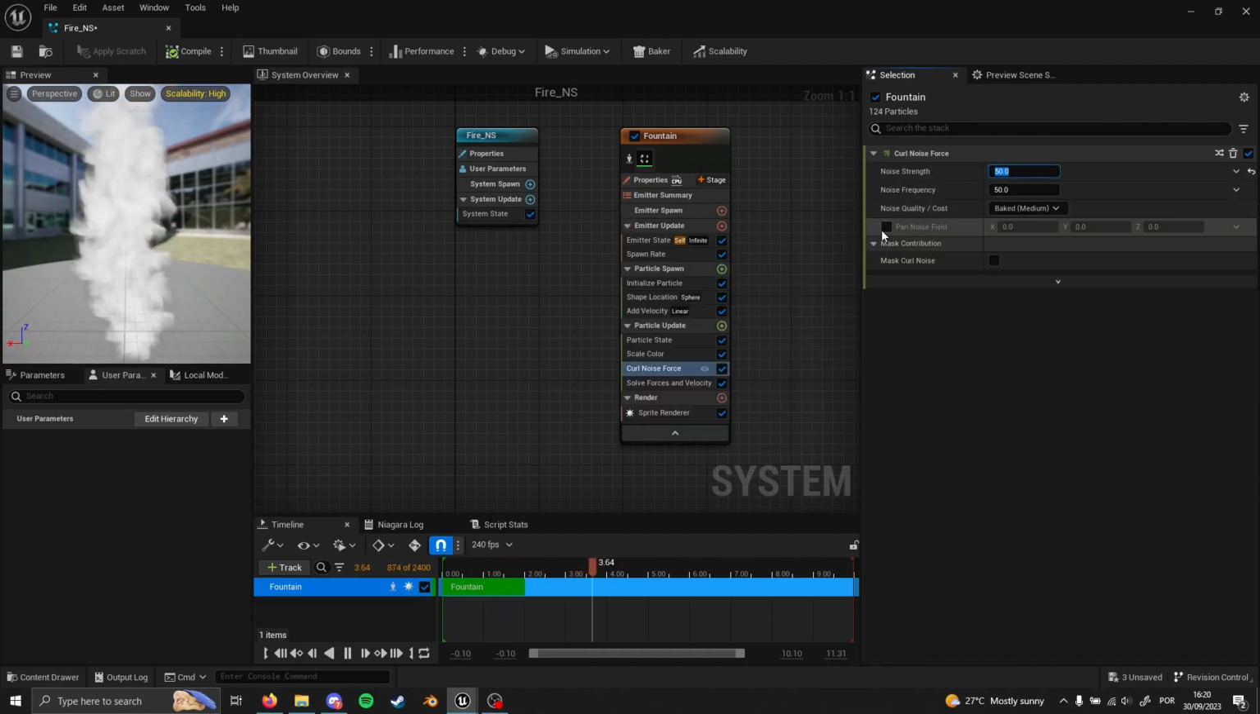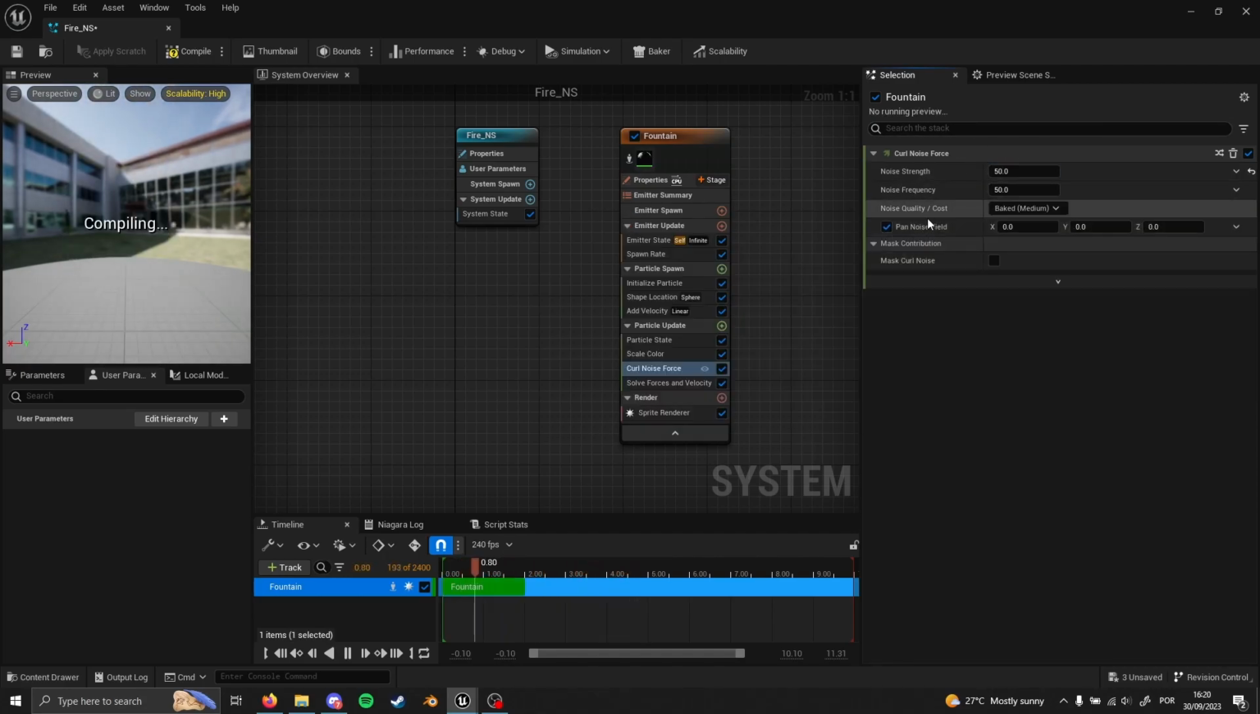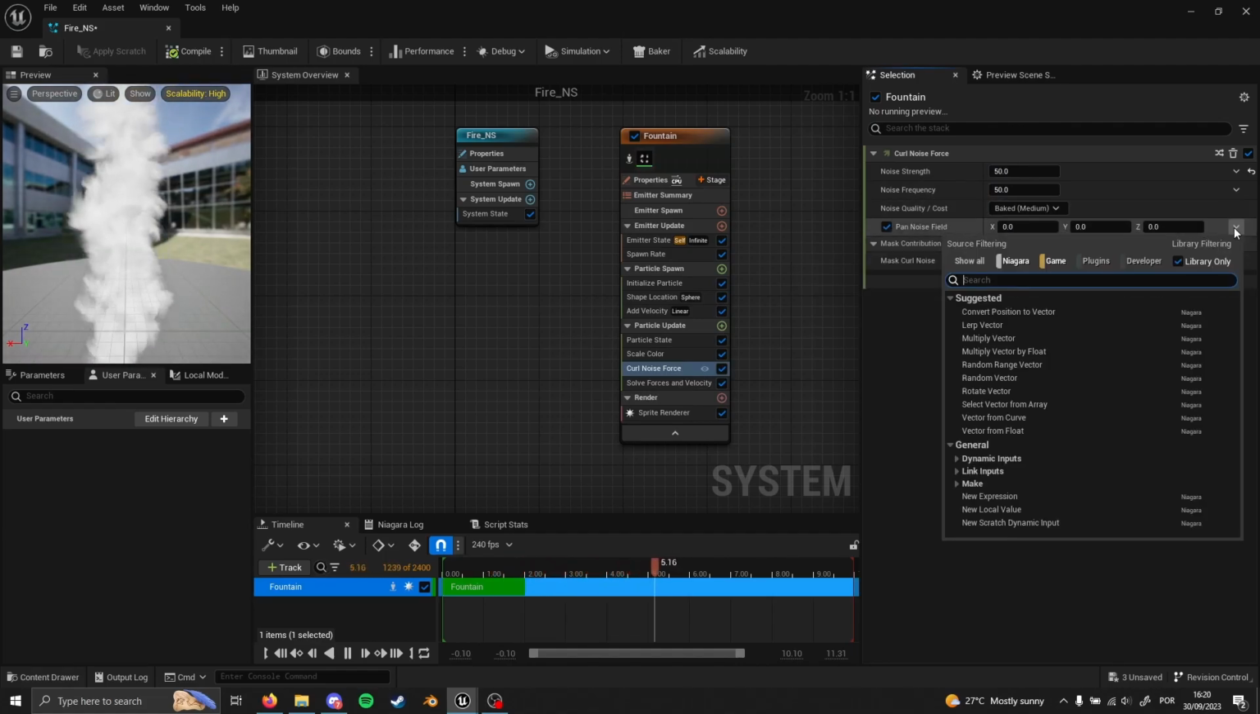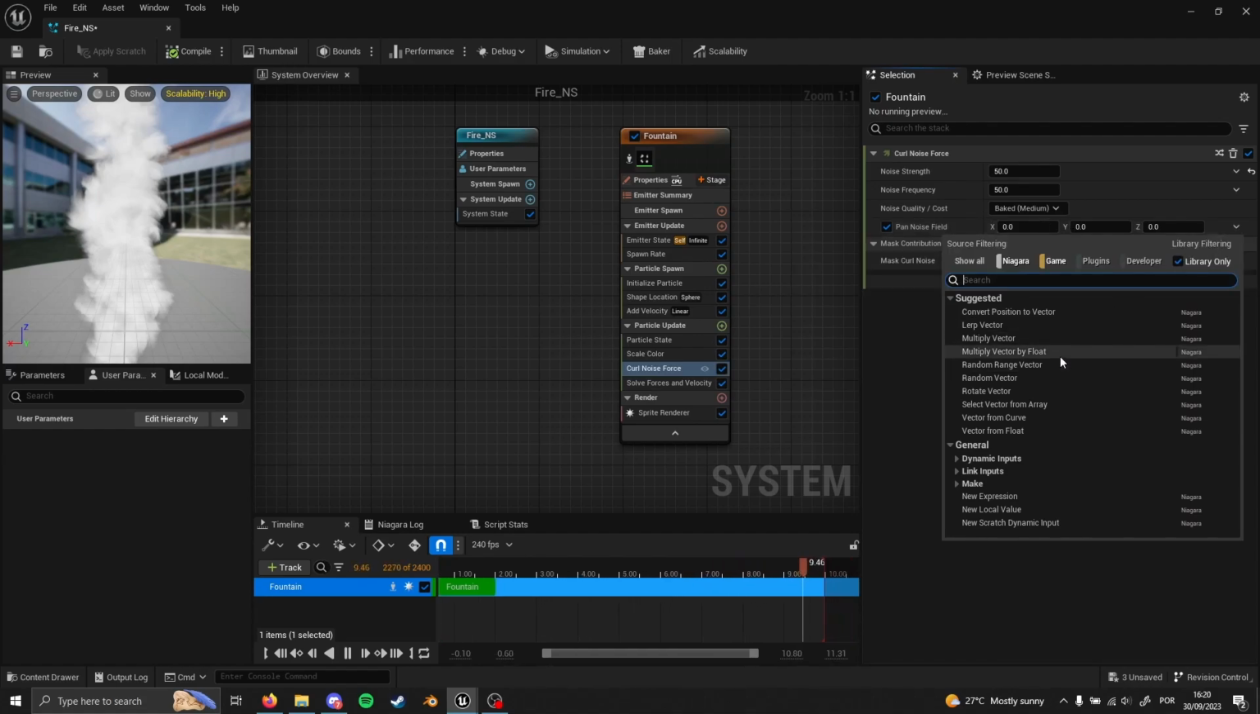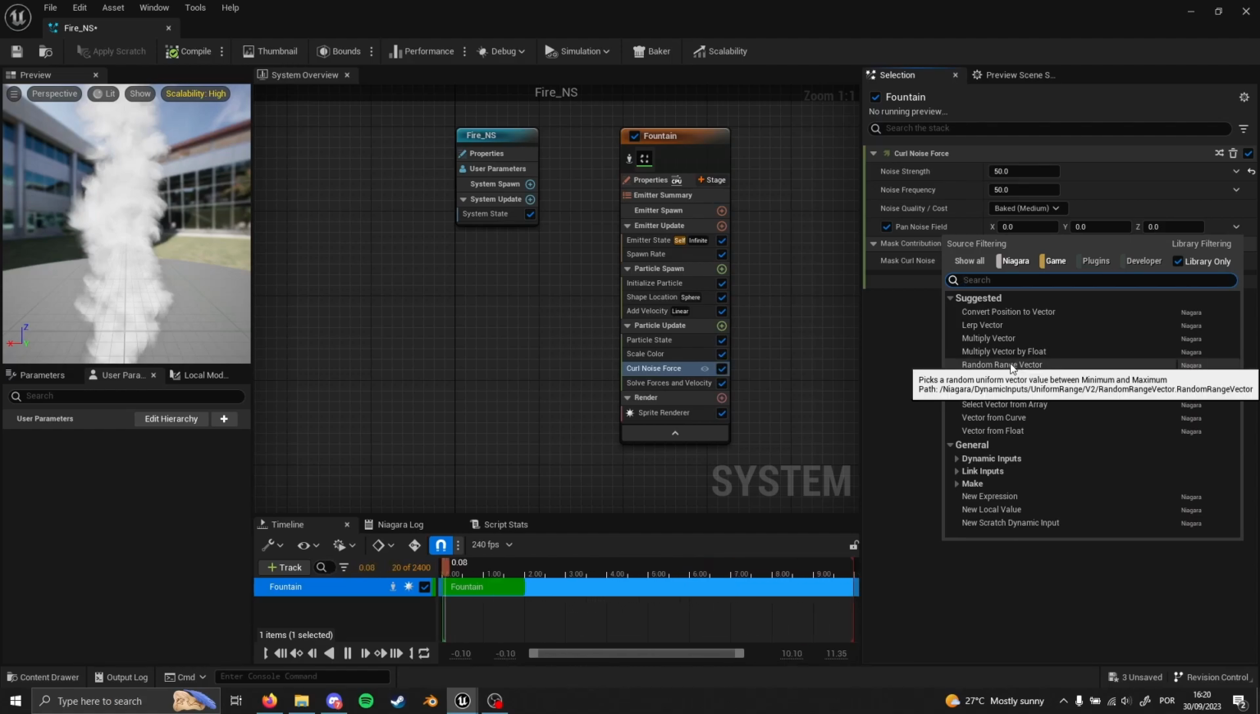And also I'm going to open this guy here. So check this pen noise and let's change it from the thing it is at the moment. If I'm not mistaken, it's just a vector. It's not even random vector. We are going for a random range vector. So I'm going to click here,